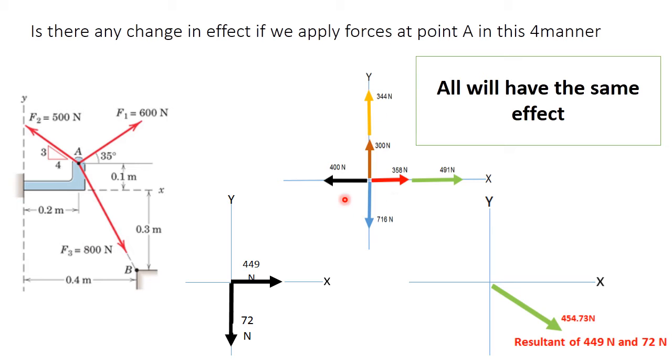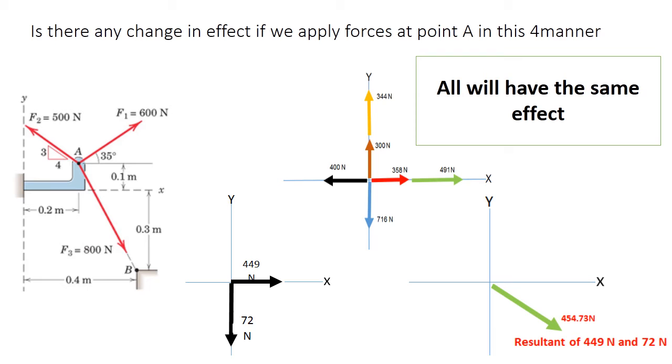Again here we do the composition, because I am just combining the different forces to get a single force. Again here I am combining two different forces to get a single force. So by the resolution and composition method we can reduce the force system into a single force system. This is the way to find the resultant when the number of forces is more than 2. Whether it is 3, 4 or 5 forces, we can solve it.